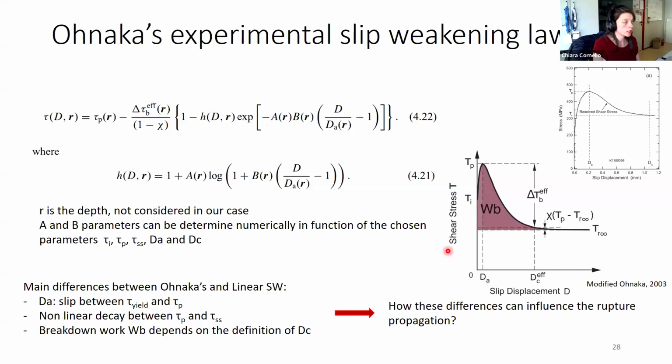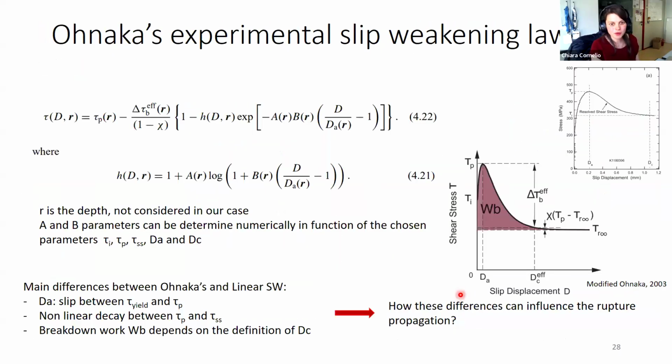But already at the end of the 90s, beginning of 2000, Ohnaka had developed a constitutive law that takes into account these features based on his experimental results. So he defined the constitutive law in which we have a nonlinear increase of the shear stress between the yield and the peak, and a nonlinear decrease of the shear stress between the peak and the steady state. To look at how these two features can influence the rupture propagation,